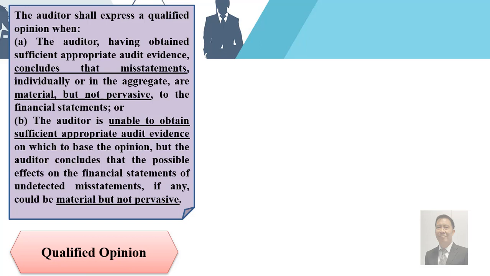Now, if there are misstatements or limitation of scope, or you are unable to collect sufficient and appropriate audit evidence, the materiality will play a big part in deciding whether the evidence of misstatements or the information that you need to collect are relevant or will affect the decision making of the client.